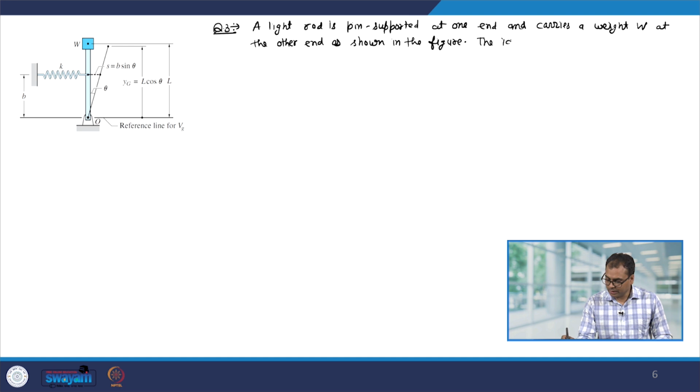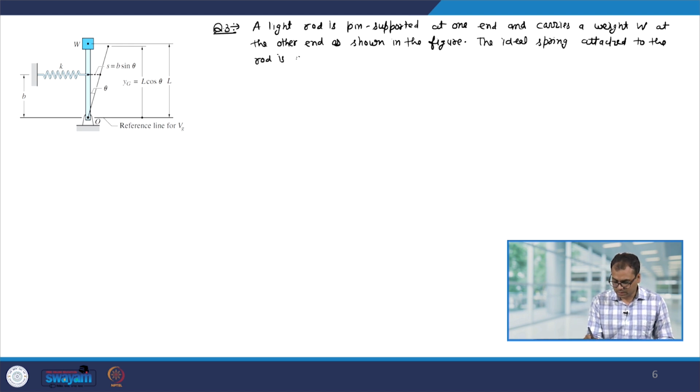The ideal spring attached to the rod is capable of resisting both tension and compression